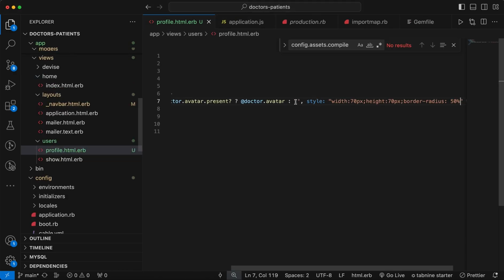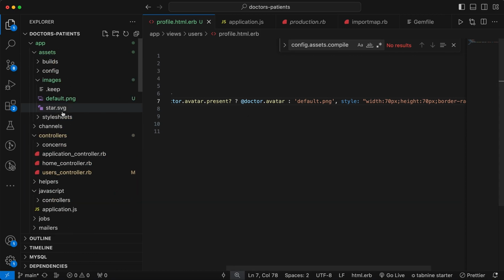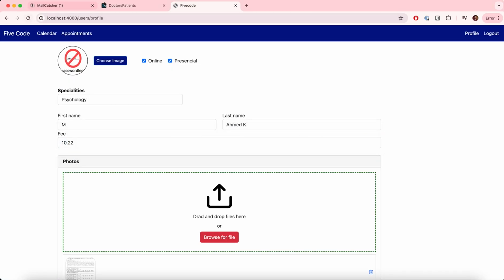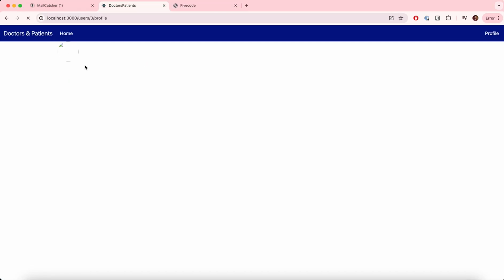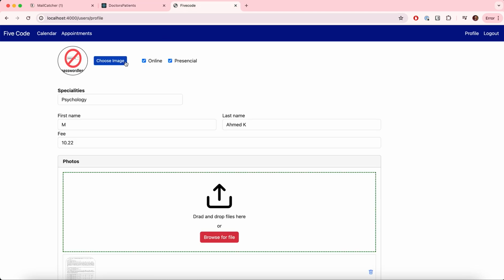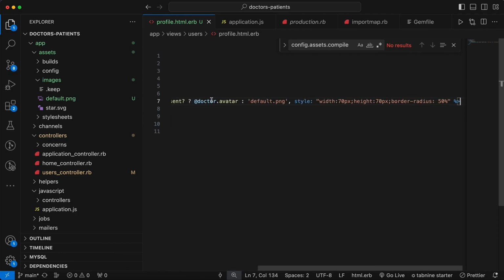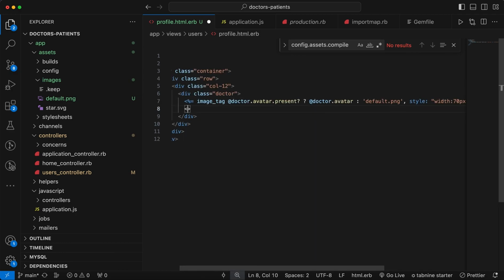And then here we can actually use that image, that is default.png, right? And then if we go back and refresh, the default image is being shown, right? And then here we have to add a button, this one, choose image button, and let's go back here, and then here we can add